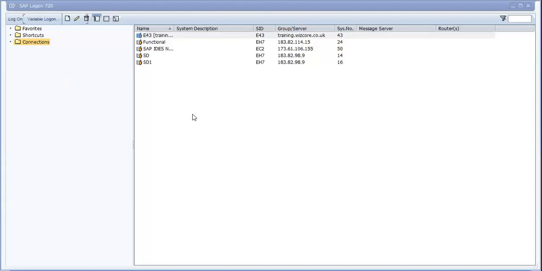So today we will define the costing type. Okay, so I will go to the SPRO, IMG, controlling, and in controlling we will go to product cost controlling, then product cost.